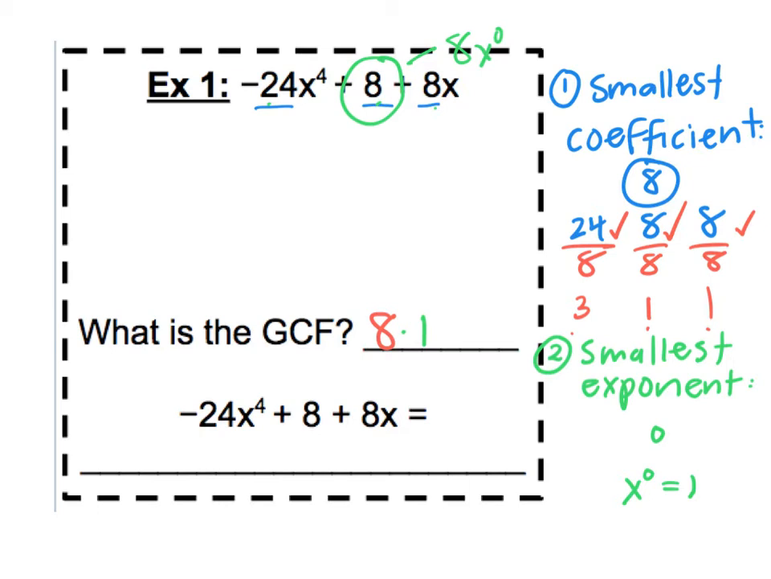Anytime you have one term that's all by itself, no x's involved, you're just going to have a GCF that's a number without any x's involved. So my next step is I'm going to divide each of my terms by 8 and figure out what I have left over when I take 8 out. I'm going to write 8 out front. When I do negative 24 divided by 8, I'm just dividing these two, I get negative 3. Since I don't have any x's,